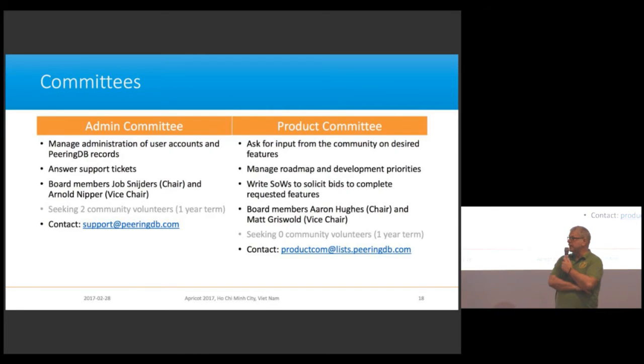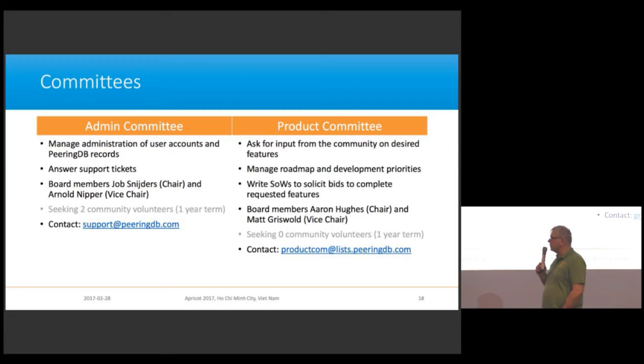Then we have the product committee. The product committee is there to focus input from the community and to vote on feature requests. It also manages the roadmap and the development priorities and interacts with the board for budget to get things done.